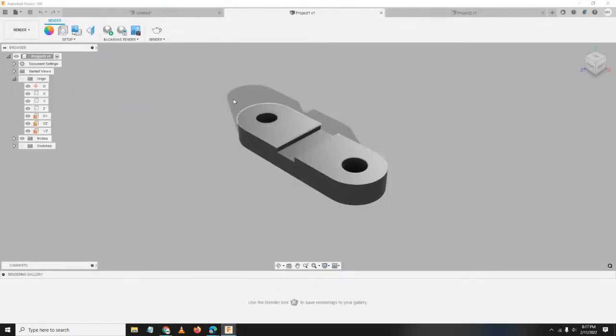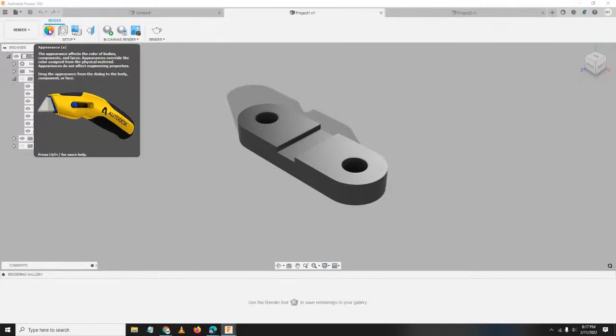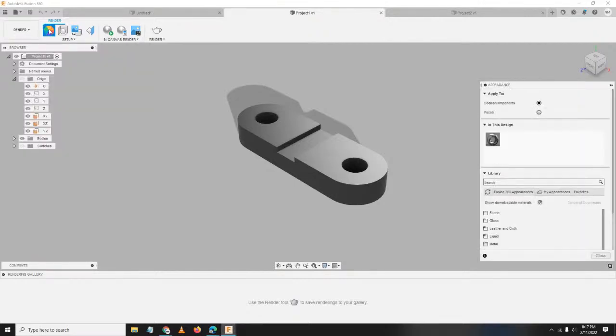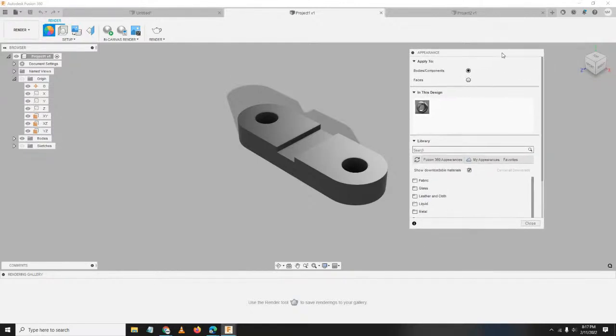Sa render, dito we can change our appearance. Dito kayo makakapag-apply ng mga materials sa inyong projects or models. A is the shortcut key for appearance, no? Apply to, pwede nyo siyang i-apply to bodies, components, and faces. Components yun ay if you are working in an assembly.